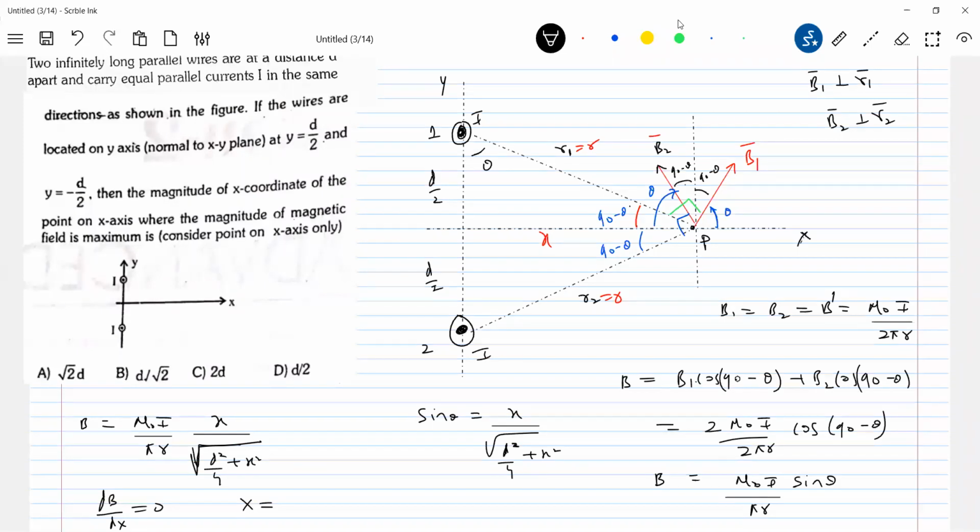D by 2, sir. D by 2 it should be. And you can calculate that maximum field. So here it will be maximum. So definitely what happens as you proceed, the field will become there. As you move away, the field increases, becomes maximum, then decreases. Any problem can be linked with this. You have to be careful.